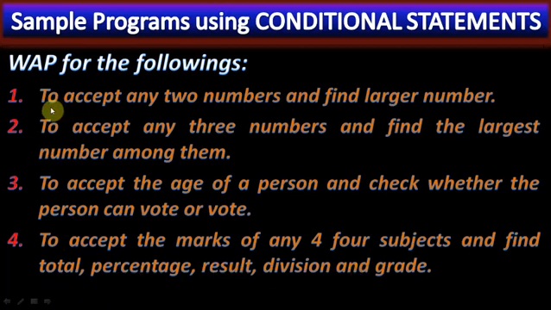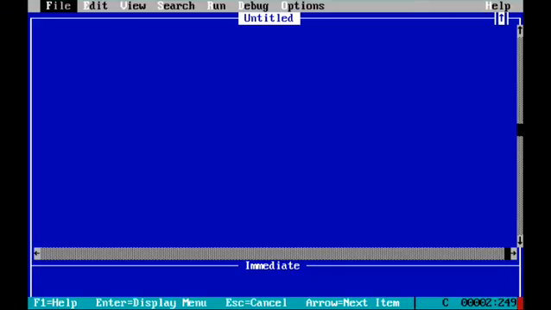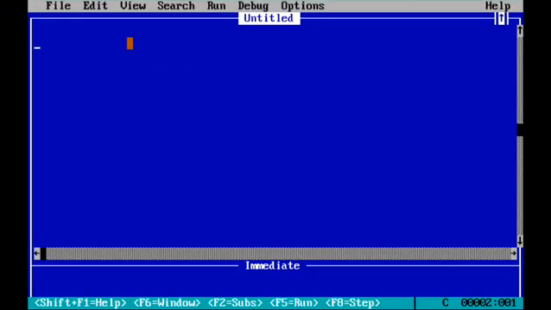I want to start QBasic. First of all I want to maximize the size. And the question is, first I want to write the CLS statement, second REM to find the larger number between two numbers.